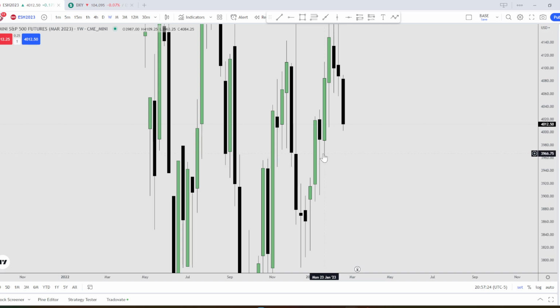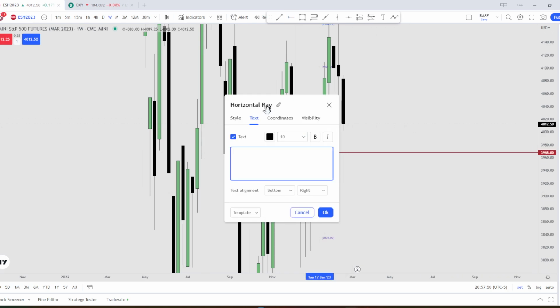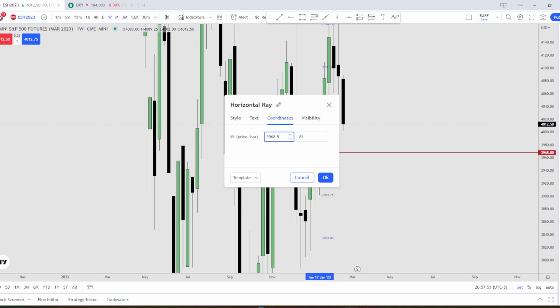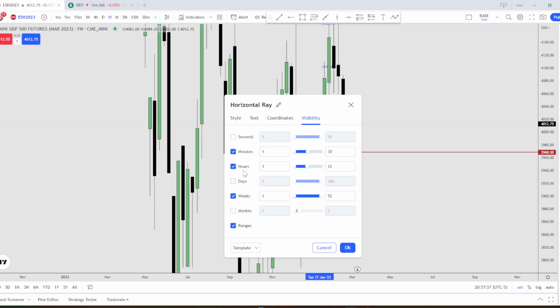Probably I'll be looking at this consequent encroachment as well, or maybe the mean threshold of this entire order block, 3968.5, which is about this level right here. So that's the level I want to note as well. 3938.5. I'm just gonna put it on the weekly,